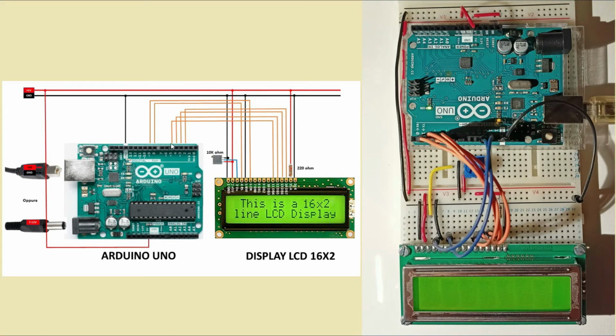We then have the resistor behind it, which must be connected on one side to pin 15 of the display, a 220 ohm resistor, while on the other end it goes to the positive power supply. The last pin of the display, pin 16, goes directly to ground through this black jumper. At this point that we have made all the connections, we can move on to the creation of the sketch